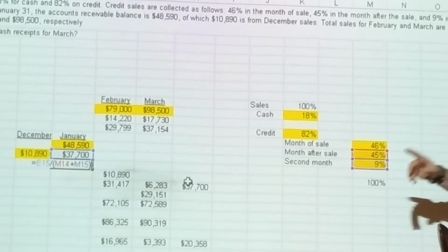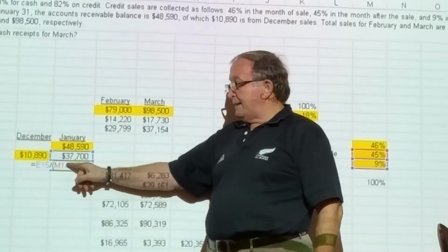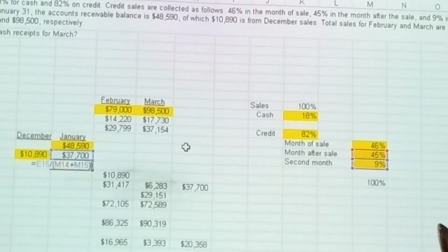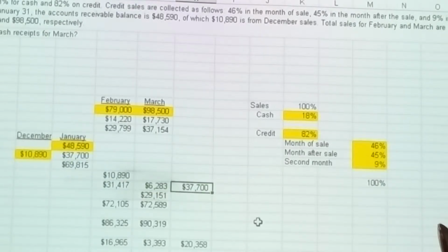Add it together, divide it, then you'll back up to the credit sales amount, which is the 69,815. Okay? Okay. Now that I have that, I can now multiply that by the 45 and that by the 9. Let's just add it to make sure all the cash has come in. Okay? Now,